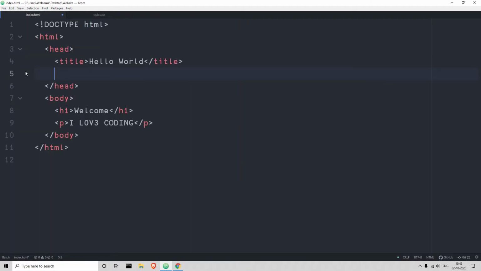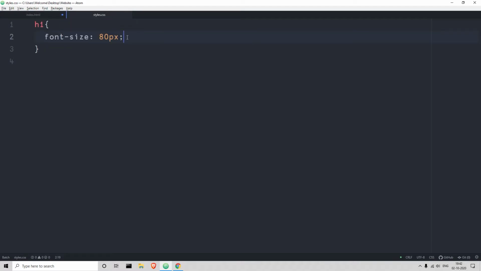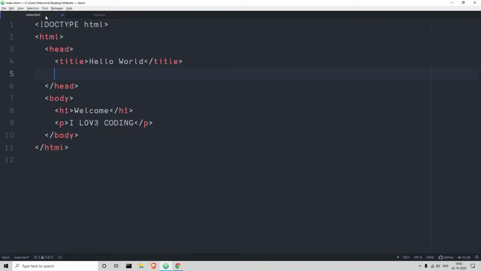Before we go ahead and load the program in our Google Chrome, we have to tell HTML that we are trying to access this folder. So we want you to use whatever content is inside this styles.css in HTML. For that, we'll use a link tag. Link does not require a closing tag.